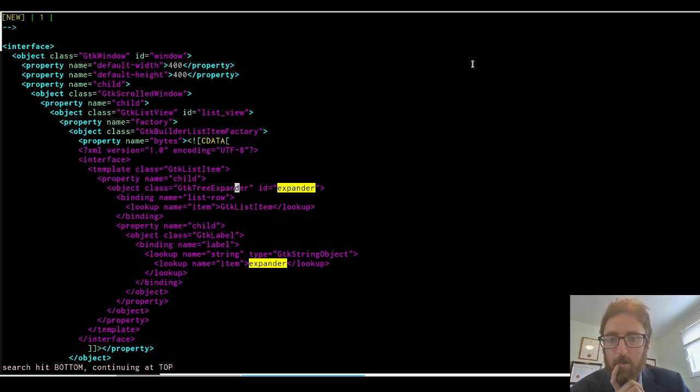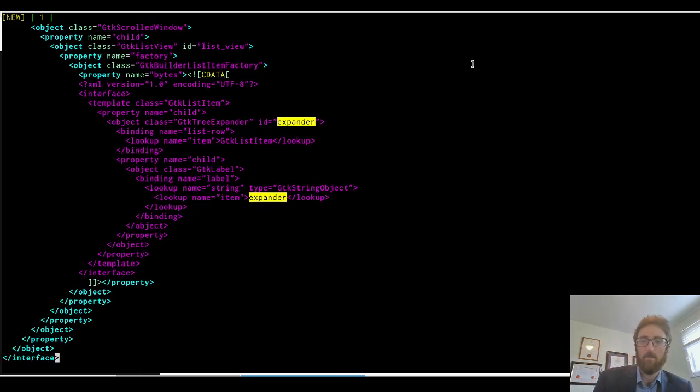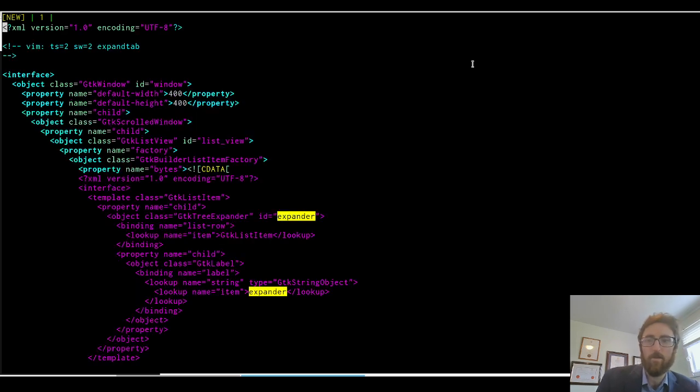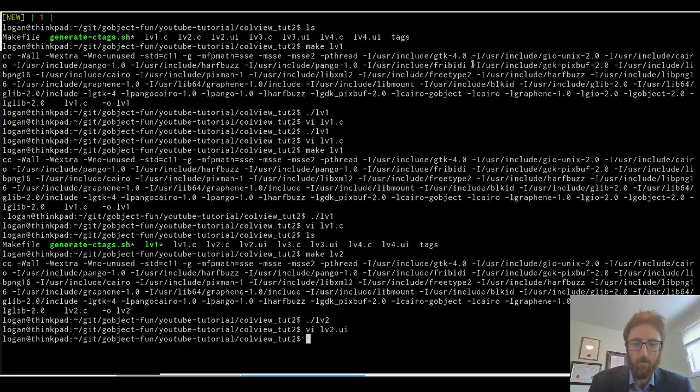And so if we go like this, within this C data UI file code that's generated from the factory, we are creating a tree expander with the ID of expander, and we're then telling it to look up the string of the item of the expander, right? So it's really the same thing as we did before, except we're now doing it with a UI file. And if we vim diff